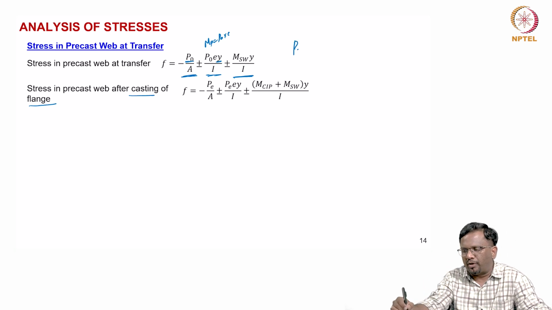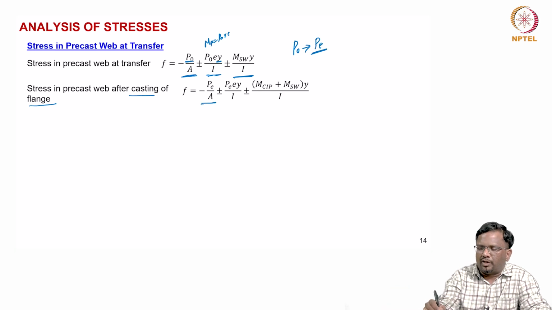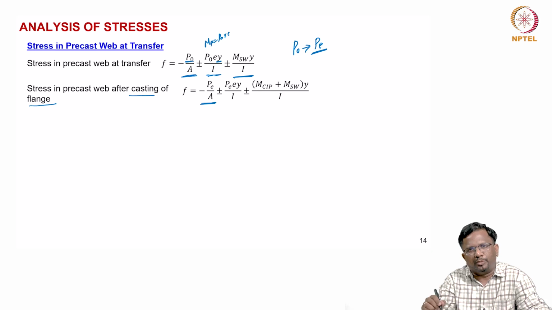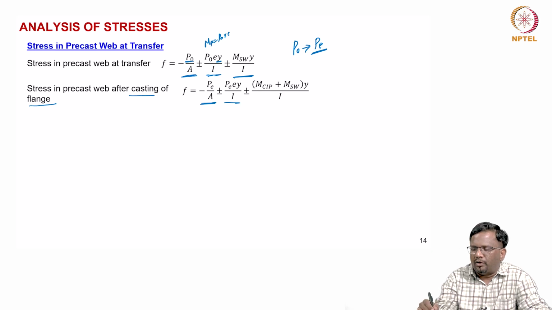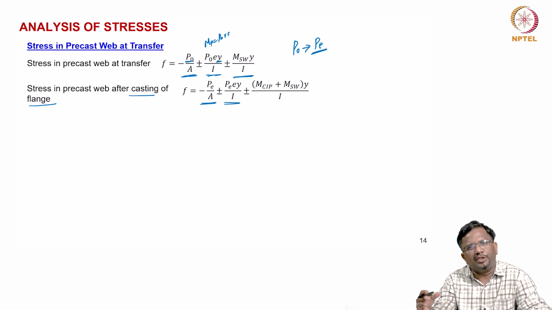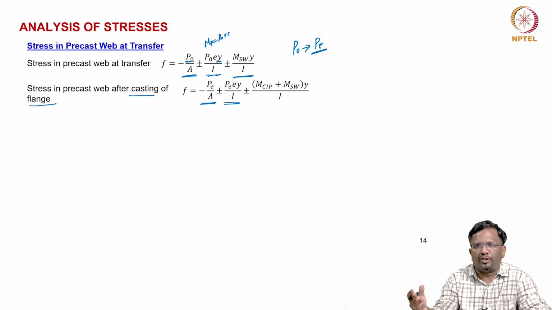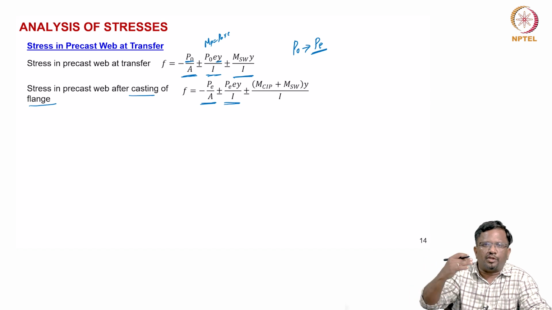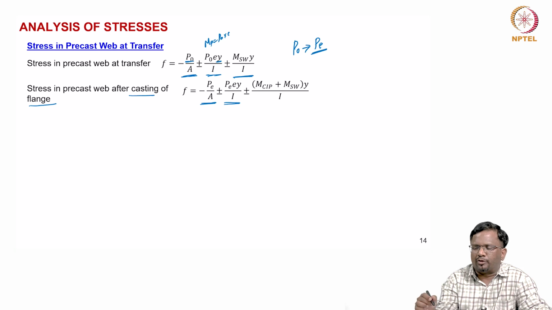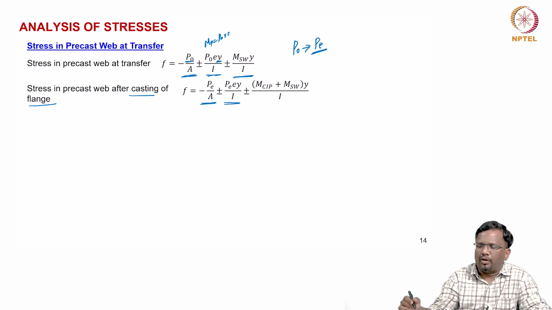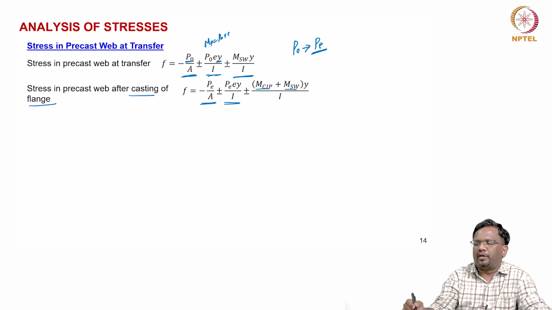So P naught would have gone to PE, right. So the average pre-stress is going to be PE by A. Now the pre-stressing moment will become PE into E, right. That is the moment due to pre-stress. Then depending upon the distance of the fiber, my stresses are going to be PE into E into Y by I. Now I am going to have both the cast in place moment and the self-weight moment of the girder that will